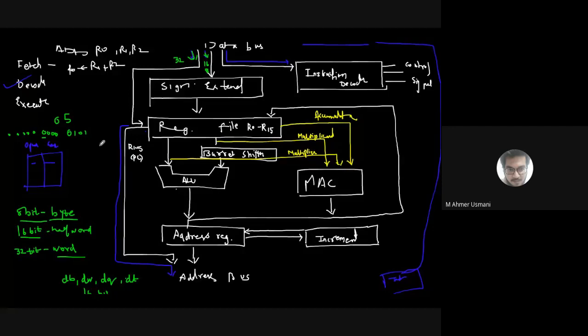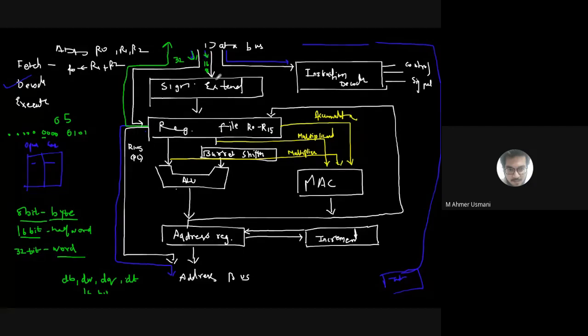One more thing. I think I forgot to draw one part. I'll draw it with some other color if possible. There is an output also which I was unable to put over here. So I draw another line. This is the output. Whatever output you have can be put back into memory. I forgot to put that. Data is coming in, but data is not going out. So data has to be forwarded back to the memory. It has to be stored back in memory.